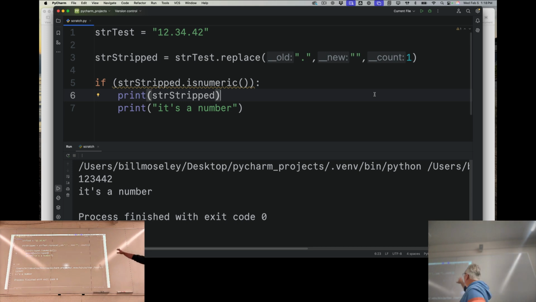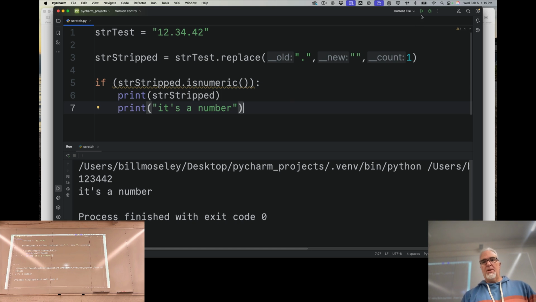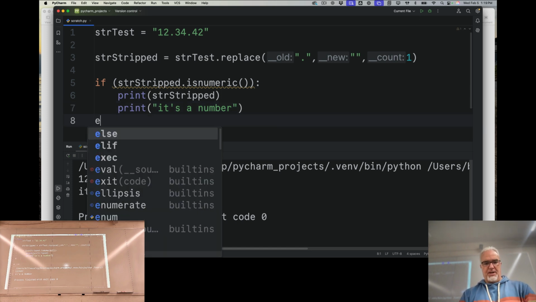So if I add 1 as the count here, then I'm saying we're going to take this and we will remove 1 period. If it's there. If there's no period, it's just going to ignore it. But if there is 1 period, it will remove it. If there are 2 periods, it's only going to remove 1, and then we know it's not a number. Okay, so I'm going to have else here,